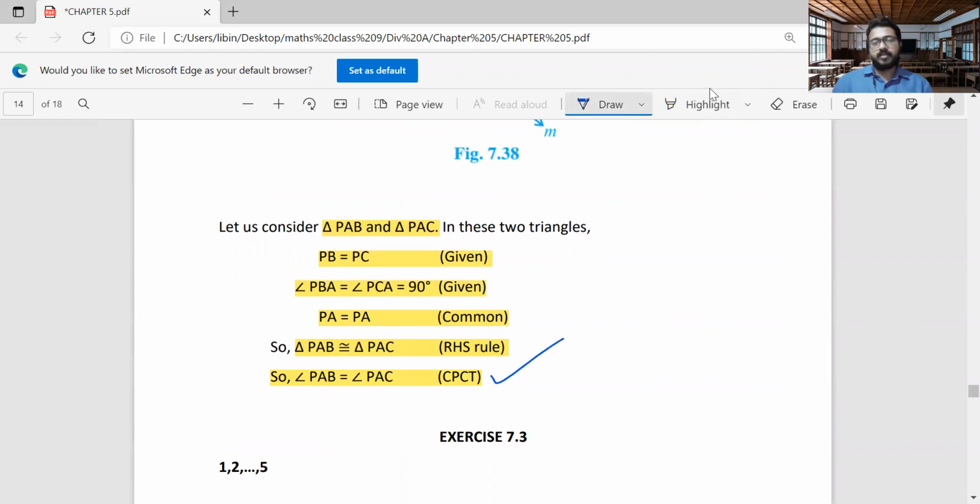These are the only two examples from this section, and with these two examples this section completes. You can do exercise 7.3 as your homework. Only 5 questions are there. When we are solving each question, I am telling you why we are choosing specific triangles and what our aim is. Keep all these things in your mind and solve the questions. If you have doubts regarding these exercise questions, you can ask me as well.